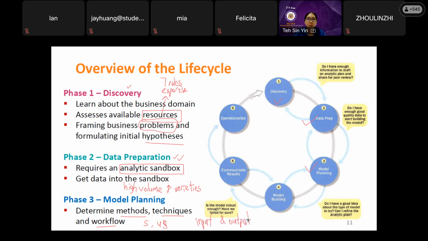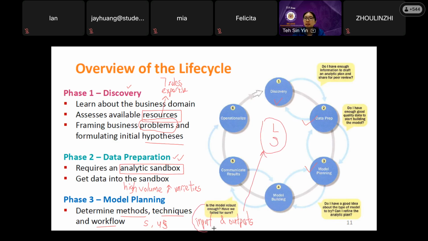For example, if I'm talking about employee attrition rate, it means the employee will leave the company. So my output will be whether they leave the company or they stay in the company. Leave and stay is my expected output. Then what are the input variables that will affect the attrition rate?